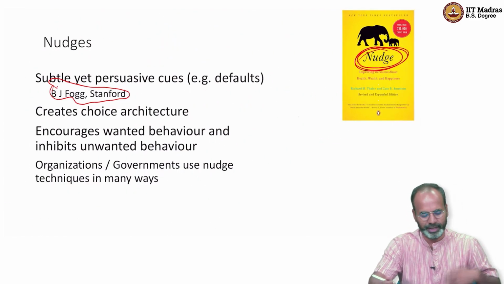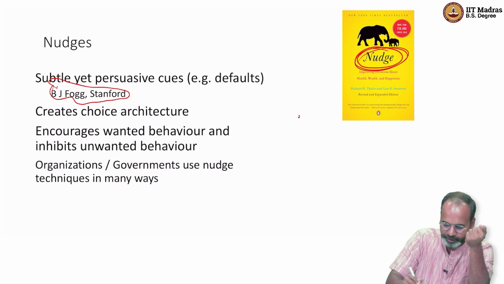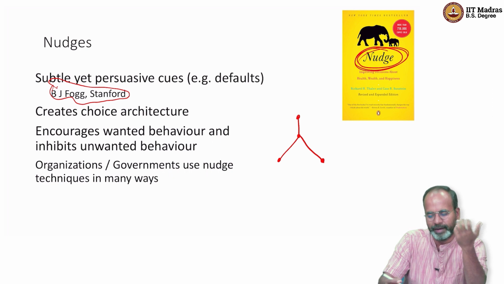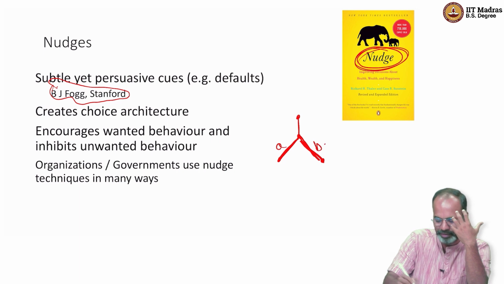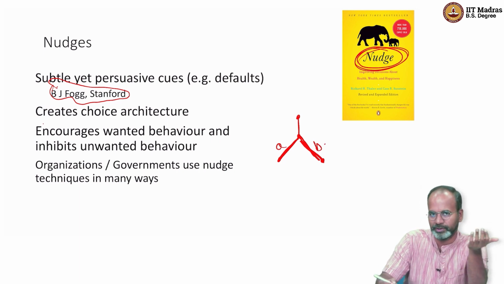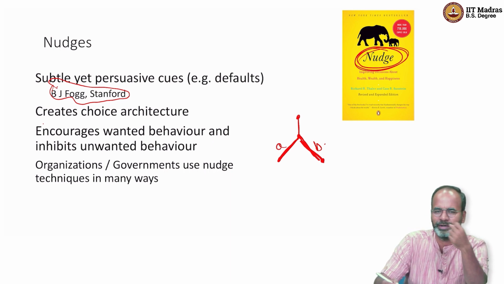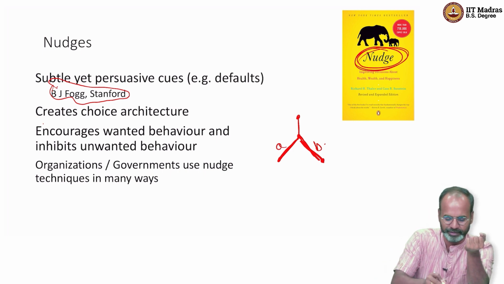So nudges can actually help create choice architecture, which is, if I do the post as public, will I post an image versus will I post a text, right? If I'm going to do a picture only with the friends, or the post only with the friends, will I add a picture with the friend, or will I add a picture with the friend A or friend B? I took a group picture. Which pictures are the pictures that I use to upload? I'm sure all of you do this, right? We take 50 pictures, but we upload on social only a few, because we don't want to share all the pictures that we have taken. Those are the choices that you're creating,